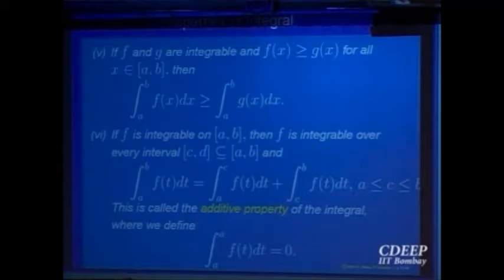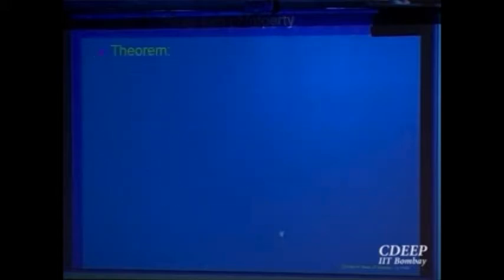Okay? So essentially the idea is, if you have a partition of the big interval, and there is a point c in between, from that you can construct a partition of a to c and a partition of c to b. But the point c may not be in the partition, but you can always throw in the extra point c, because then we will be refining the partition. So that doesn't affect the condition that the norm of P_n goes to 0. So that is the basic idea in that. Okay. So additive, and integral a to a we normally define to be equal to 0 by convention.